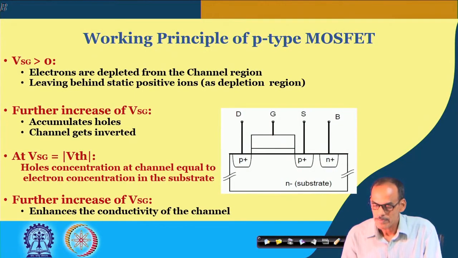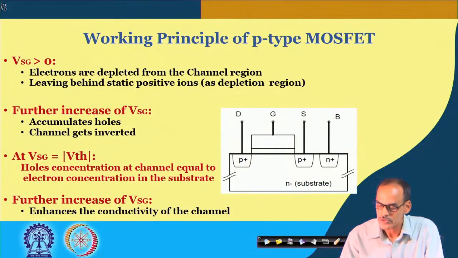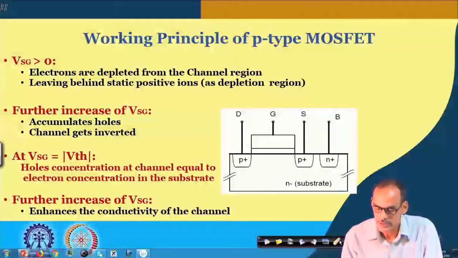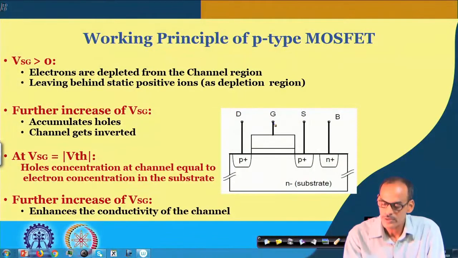What is the working principle of the circuit? That will help us derive the expression of the current in terms of the terminal voltages. So, quickly let us apply the voltages here. What we said is that this is the channel, and we have to make it P type. So, the gate should be at lower potential than the source by VSG,